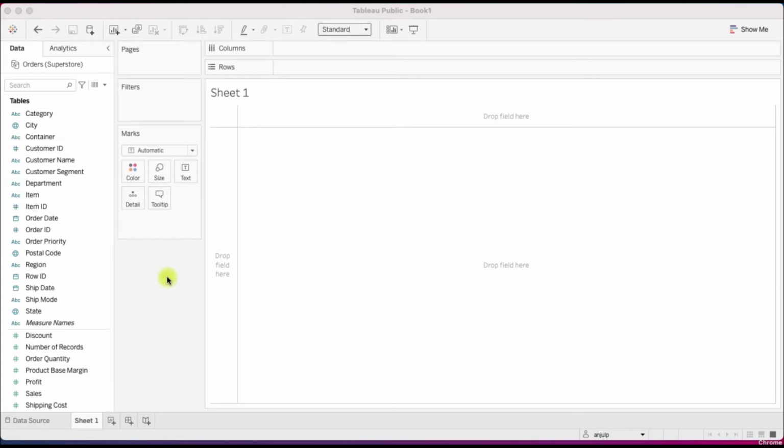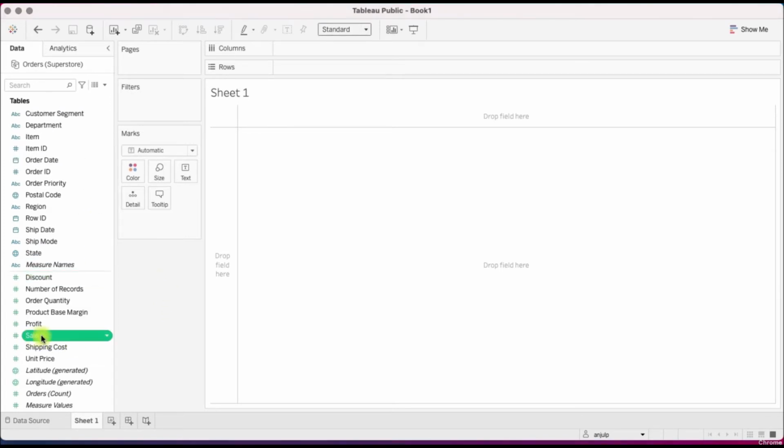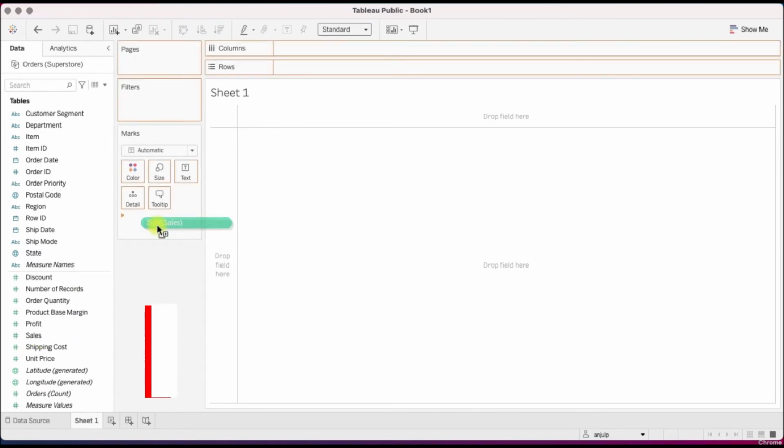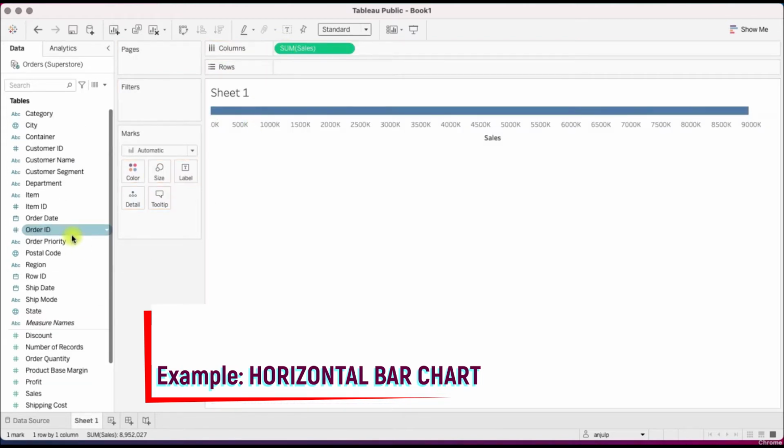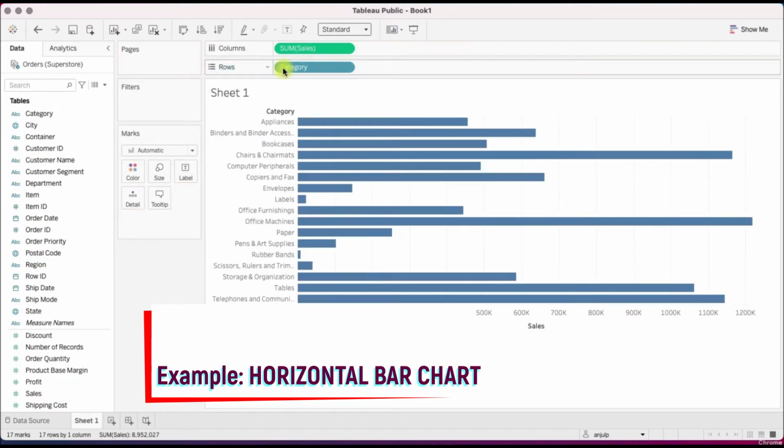When I go here, we have to make the horizontal bar chart. As we just discussed, for a horizontal bar chart, the axis has to be on columns, and the discrete field, suppose I want it by category, has to be on rows. Just to revise the concept, if you see here, there are small squares on columns.